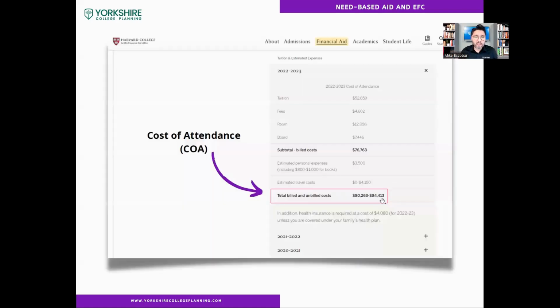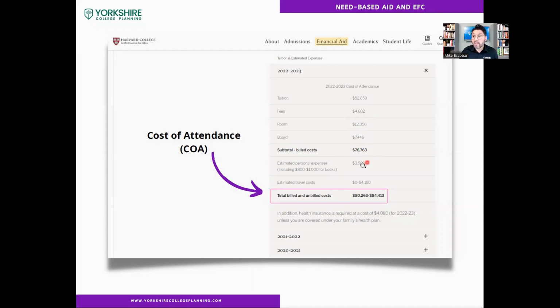So let's look at the cost of attendance at Harvard. So here it is. They're going to give you the full breakdown. At Harvard, tuition is $52,659. The fees are estimated at $4,600. Room is $12,056, and board is roughly $7,500. So the subtotal here is